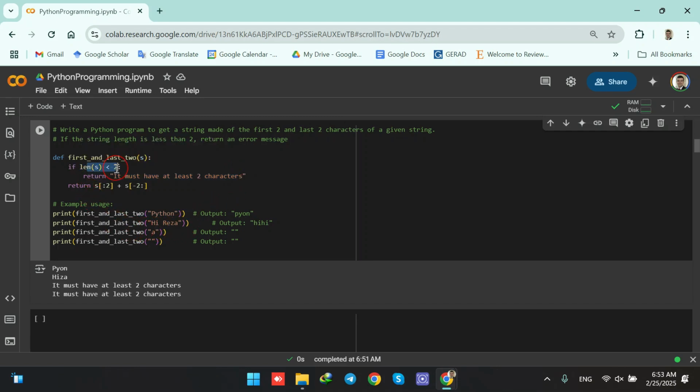So if the length is less than 2, it is going to show this message. But if it's not less than 2, we're going to return this part. And what is this part? Basically, this part is having a new string being returned with the first two characters and the last two characters of the S string. So for example, if my string is Python, here what's happening in the return,